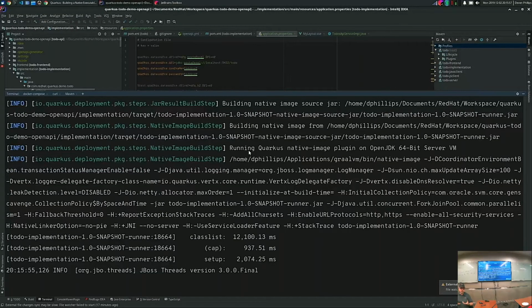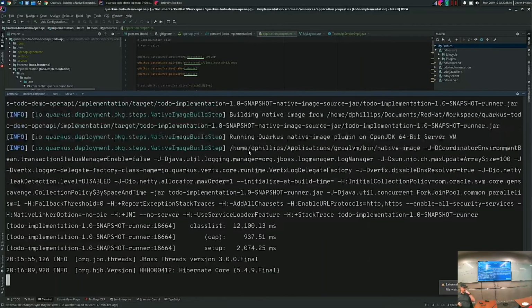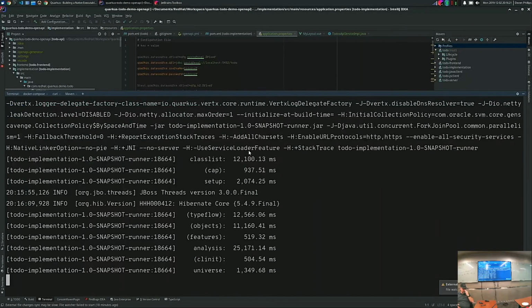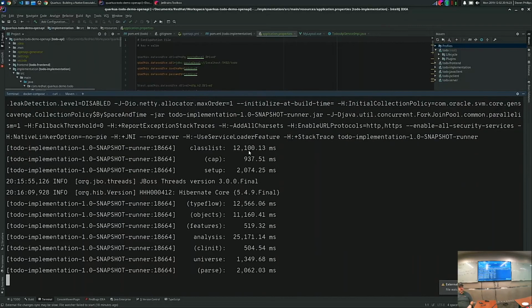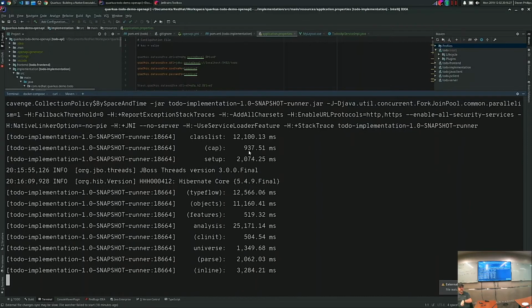If you don't know what a profiler is, basically it's a way of running your code in an instrumented environment where everything that happens is monitored. It's watching every class that gets loaded, every method that gets called, every reflection call that happens. And it's compiling what they call a hint file for Graal. And then it's using that hint file to just load what's required to run your application into that native executable